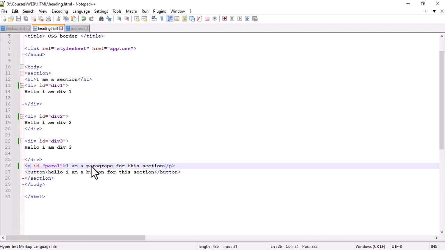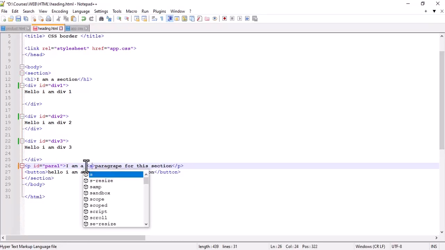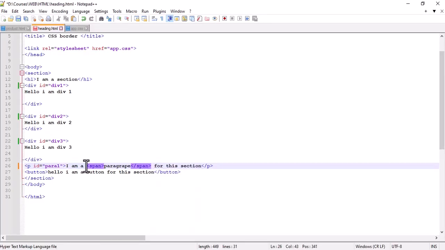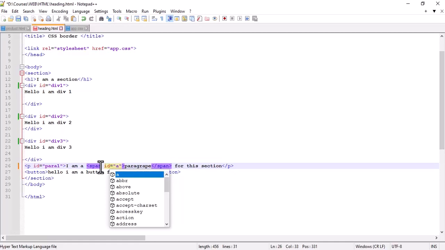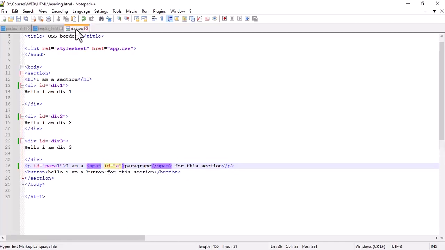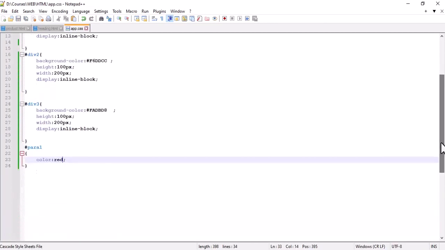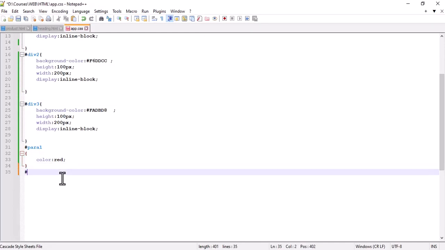So if we want to make inline changes, we will put it in a span. Span, as stated earlier, is an inline element. And we will set the ID for this, for example we set A. So we will write hash A,